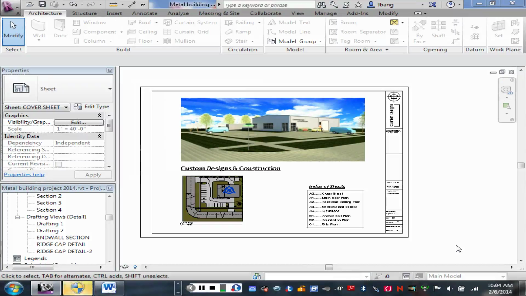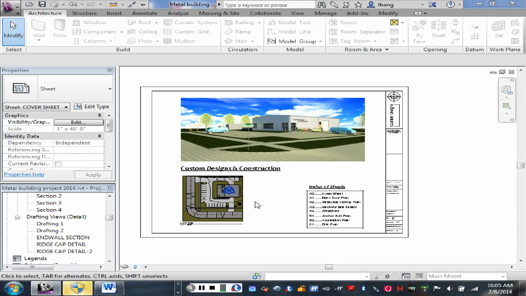So talking about finalizing this set, we're going to have a cover sheet, right? And your cover sheet should have on it a rendering of your project, showing the building and the site and some amenities of the site. Okay, and then we could also put on an image of the site showing the